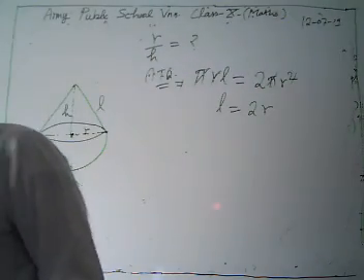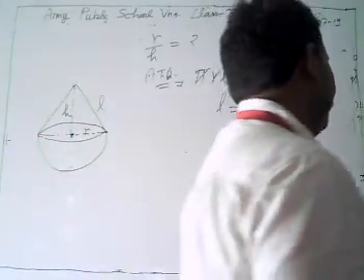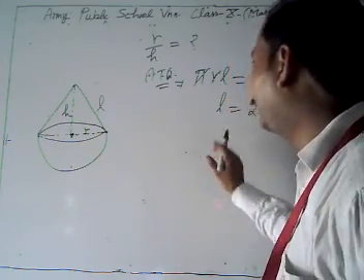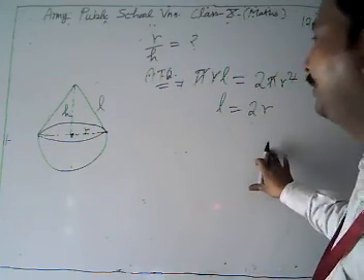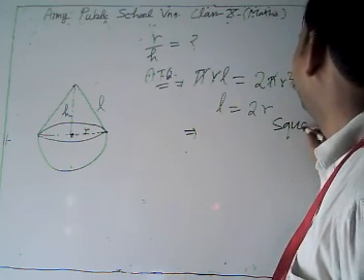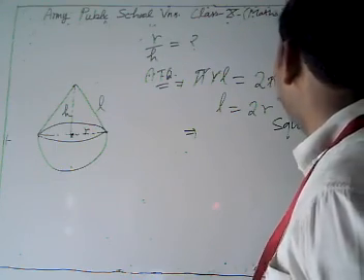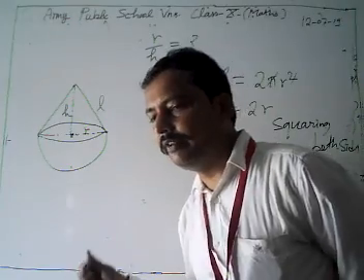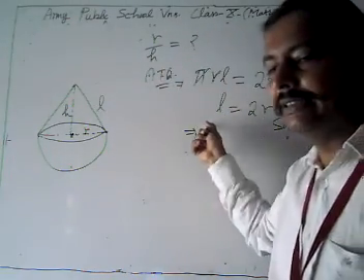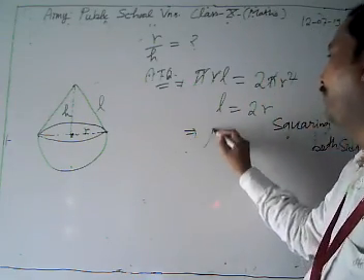But what do we have? We have to find out the value of the ratio, but we get L is equal to 2r. Now, how can we find out? To find out the ratio R is to H, we need R and H. Then what we do? We are going to square both sides. Now in your mind, why are we squaring both sides? Because we have to find the ratio of R and H. We don't need this slant height L, but we get the relationship between slant height and radius. Then we have to remove this L.